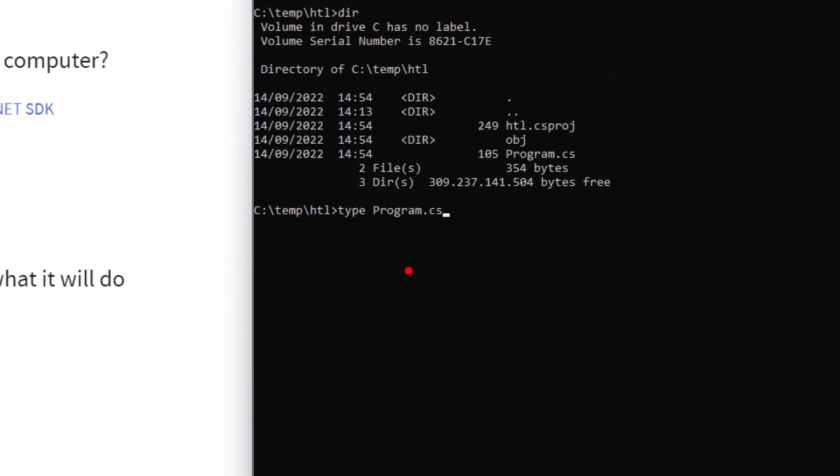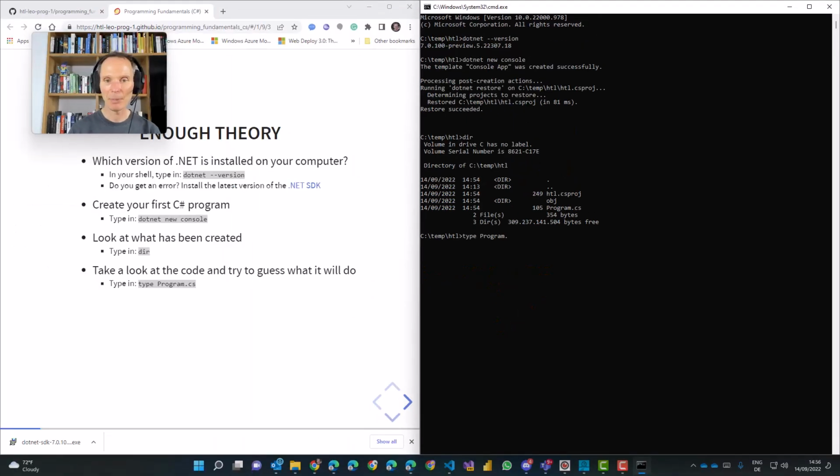See? Important thing, if you start typing something, like type PR and then you press the, let me write it here, tab character. It's the tab character on your keyboard. It's approximately in the left upper side where you can jump a few spaces typically. This is called the tab character. If you press tab, it will complete the name of the file. This is called statement completion or command completion or argument completion. It's called the completion function. So I can type PR tab and boom, type Program.cs is here. That saves me a lot of typing.